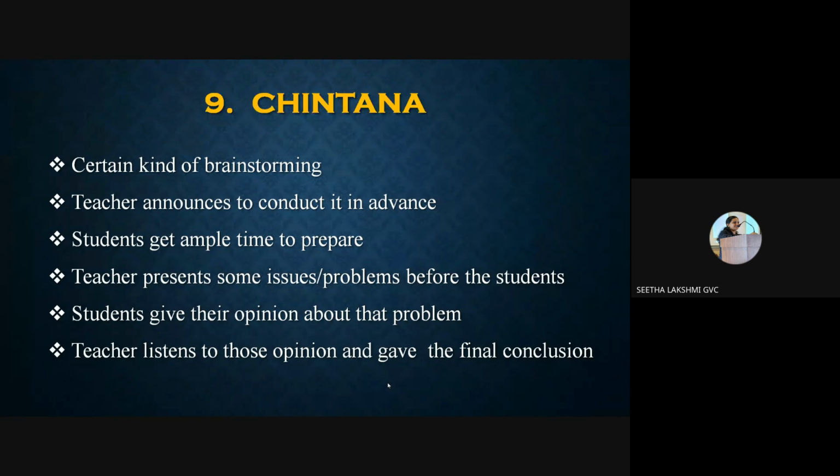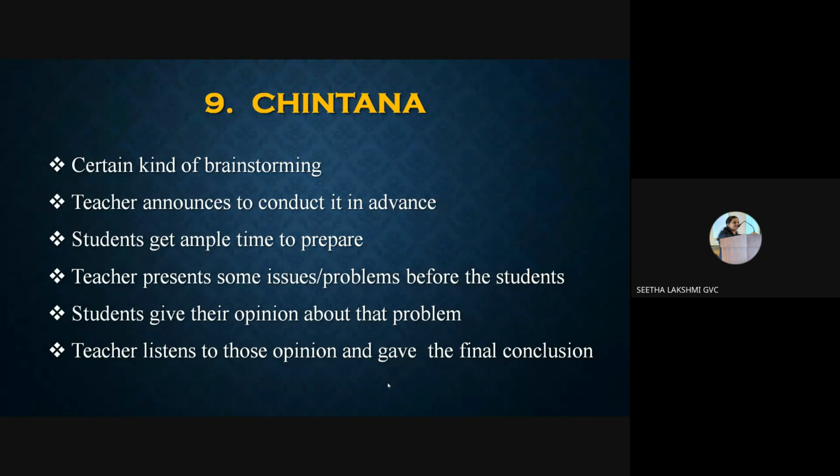See, in brainstorming, it's not important that someone is giving a very good idea. Giving a good idea is not important, rather giving an idea is important. Let them speak, let them give the idea. Your job as a teacher is to have patience and listen to everyone. You should ensure that only a few people are not dominating the whole group. Rather, everyone is getting ample opportunity to respond.